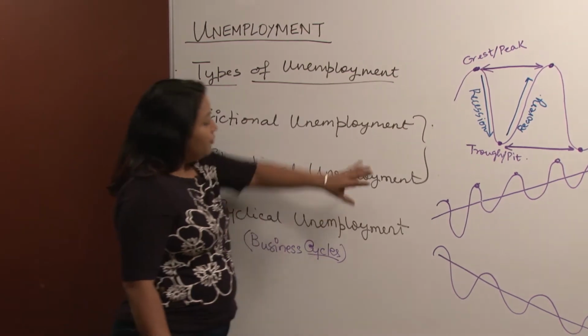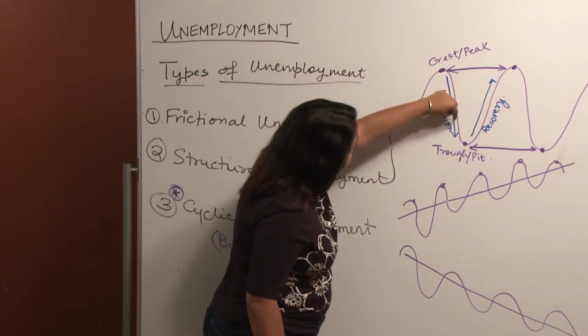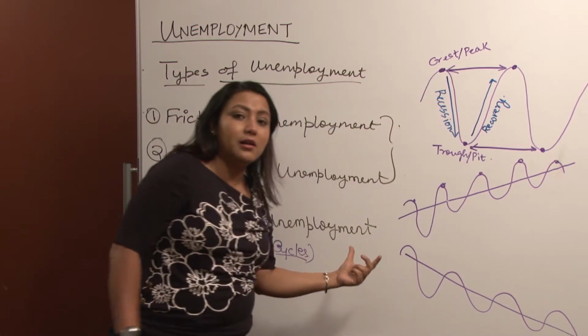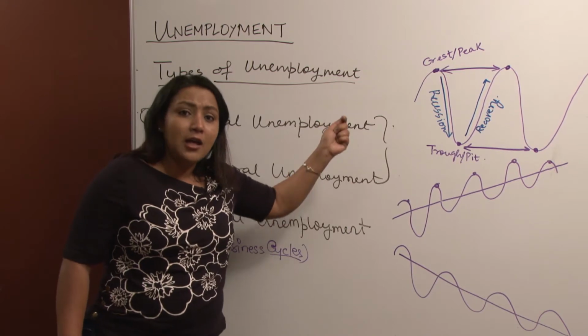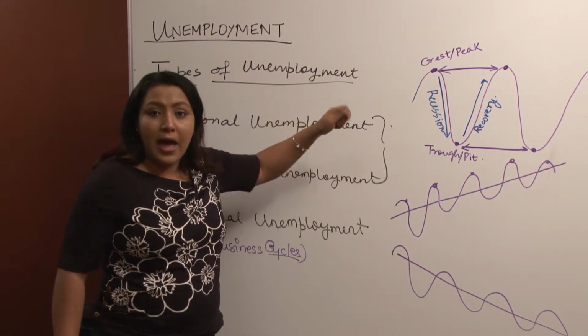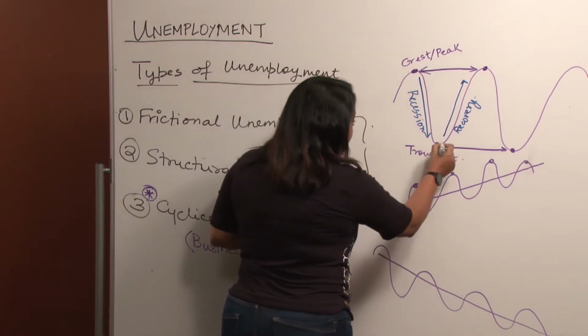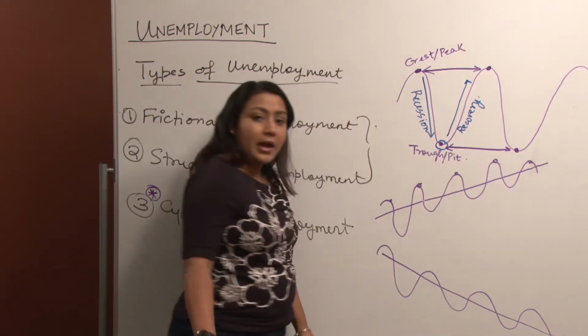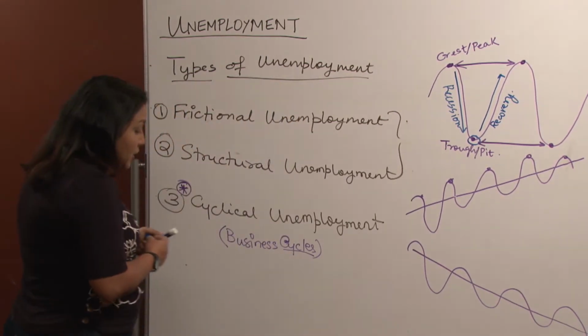Okay. So for this class, we understand that whenever the economy is going into a recession, that is when the cyclical unemployment is super high, and that's a cause of concern, that's a red flag. So the government needs to start acting on it. And whenever it hits rock bottom, that is when it starts going up again, which is the phase of recovery.